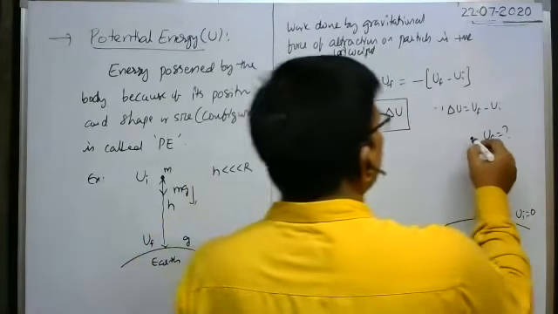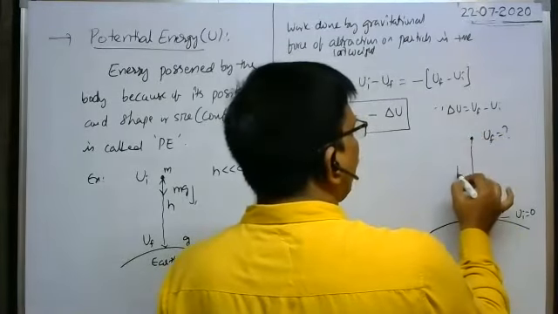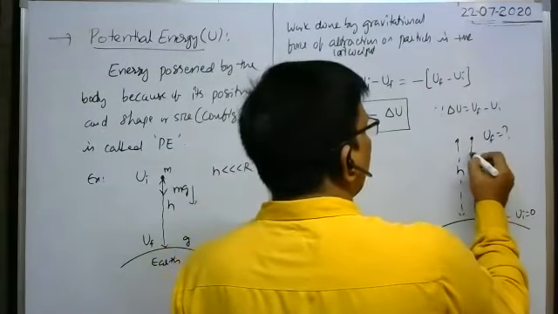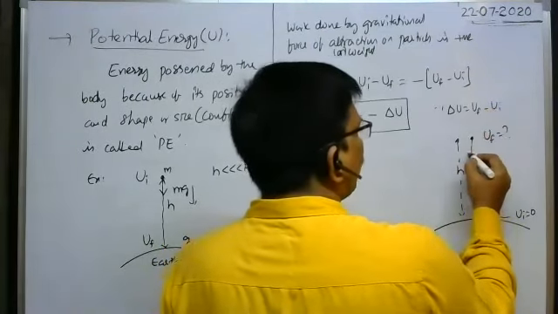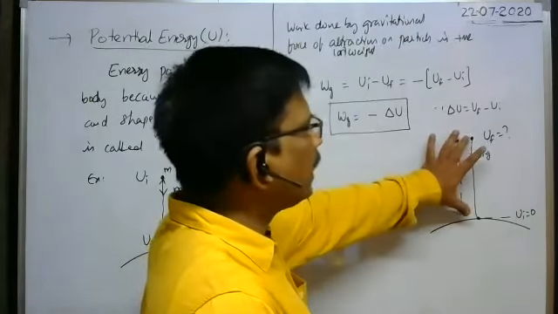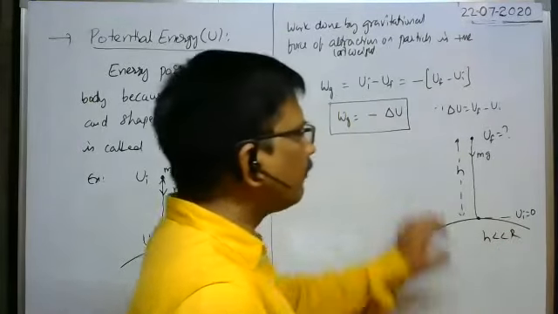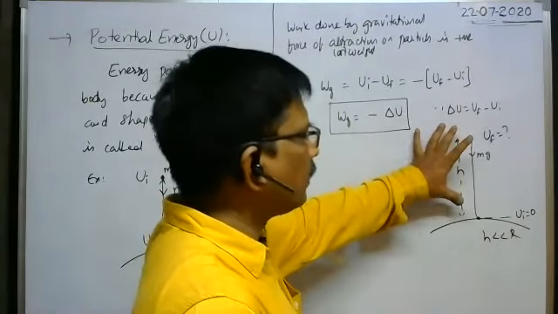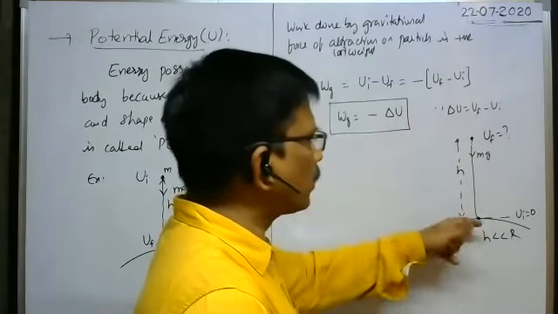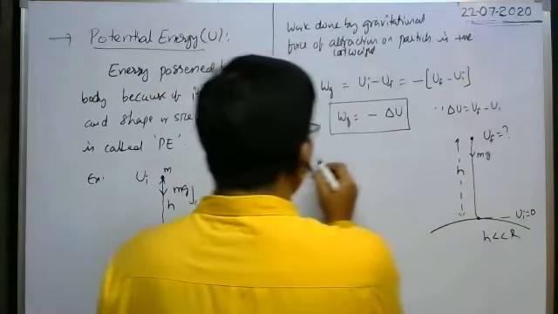Now you see, whenever the body is released from a height h, the gravitational force of attraction acts on the body. As this height is very small compared with the radius of the earth, the acceleration due to gravity acting on the body remains the same throughout its motion before it reaches the ground. Now, what is the work done by gravity?